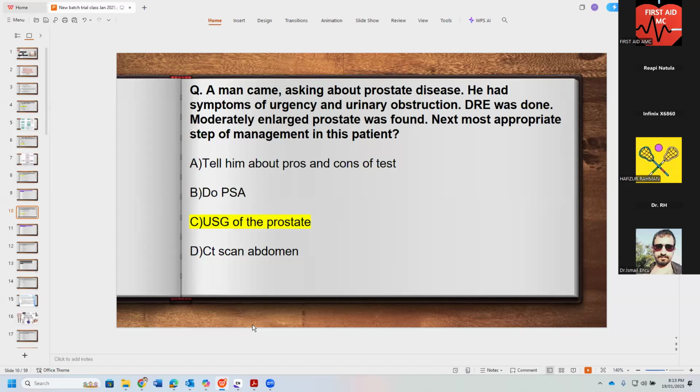It will be raised in prostatitis. So if you are worried about infection, you will do the infective investigations first. If you are worried about BPH, you will do ultrasound. If everything is normal, then you would be worried about cancer, then you go towards the PSA. If its levels are high, then you can discuss with the urologist about next investigation. Yes, it can be, because if it is heterogeneous in appearance, it will give you an idea that you need to talk to a specialist like a urologist about these findings.